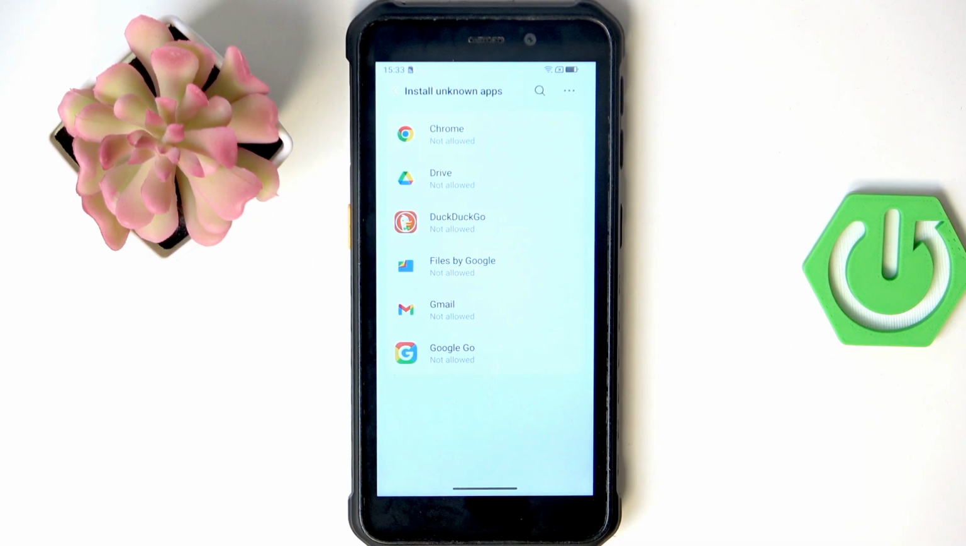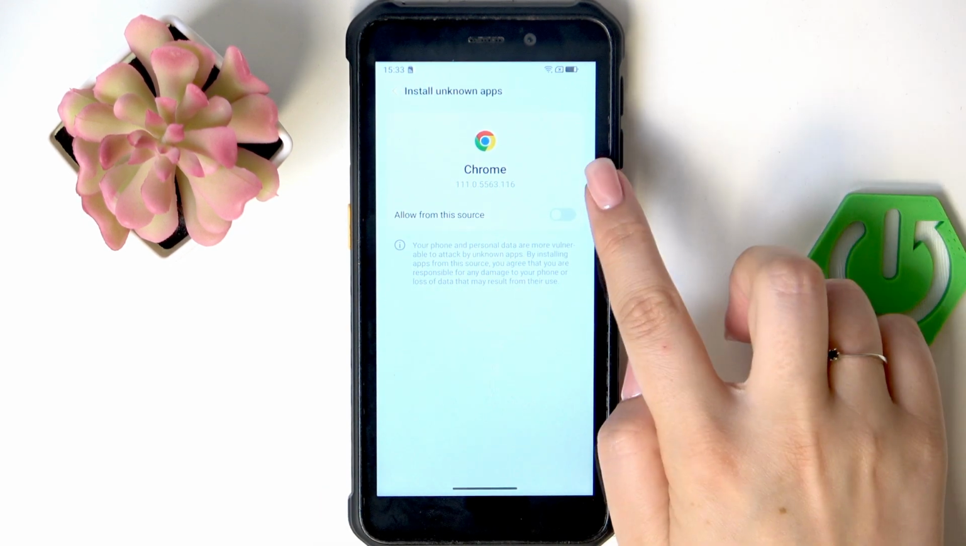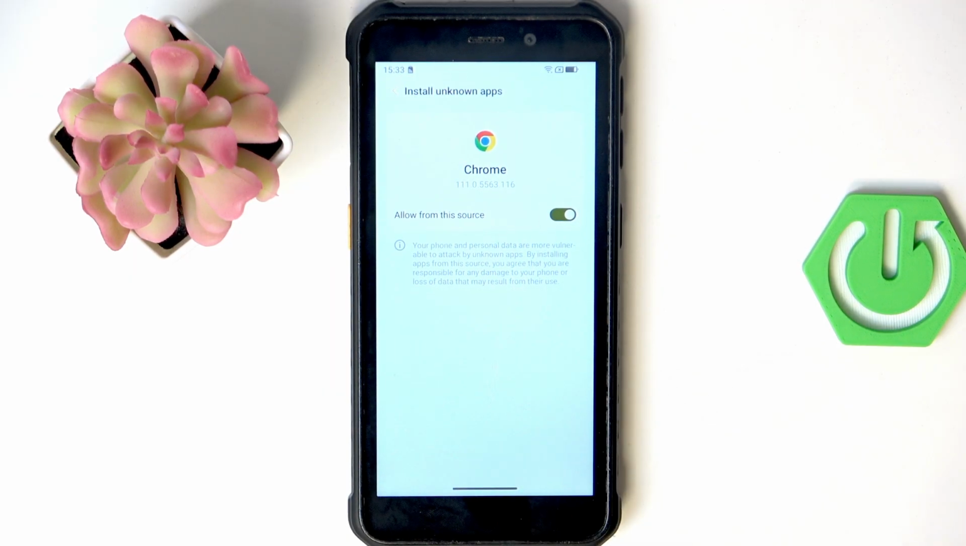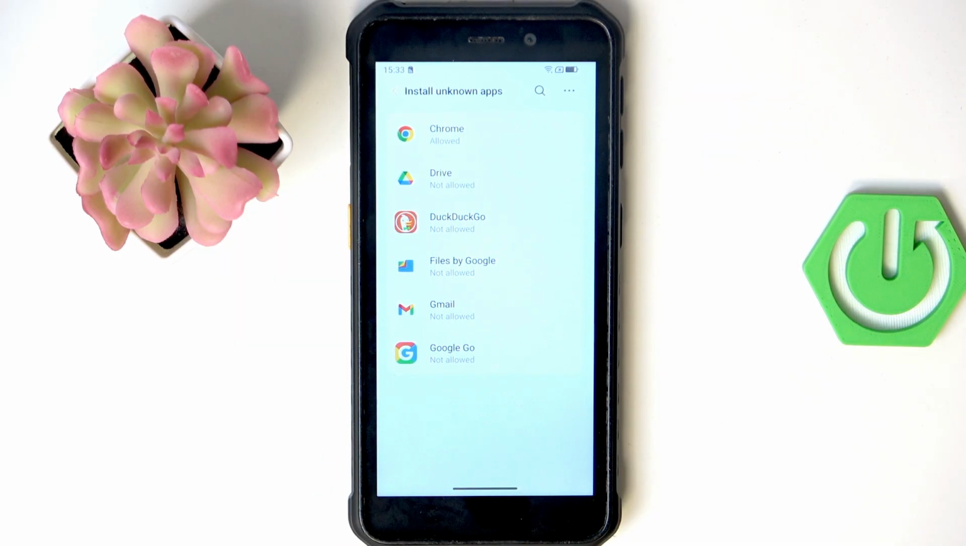So right here we've got the list of apps which are allowed or not allowed to install some content, and of course we can change it. So just tap on the app and then tap on the switcher next to allow from the source. And after getting back, you can see that the Chrome is allowed to install something, but be aware because you're